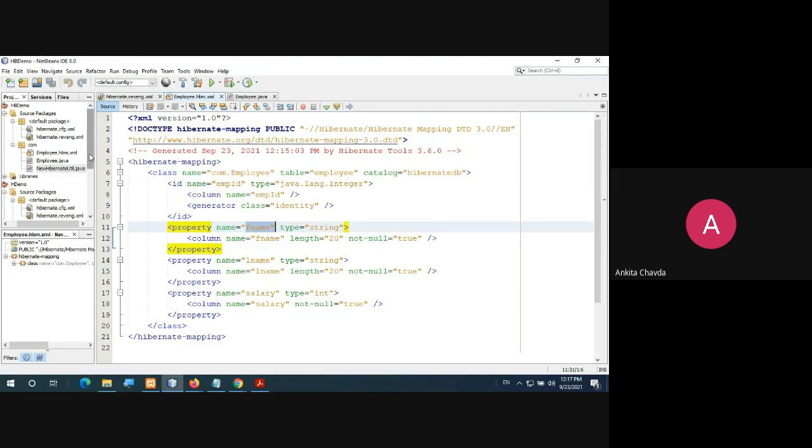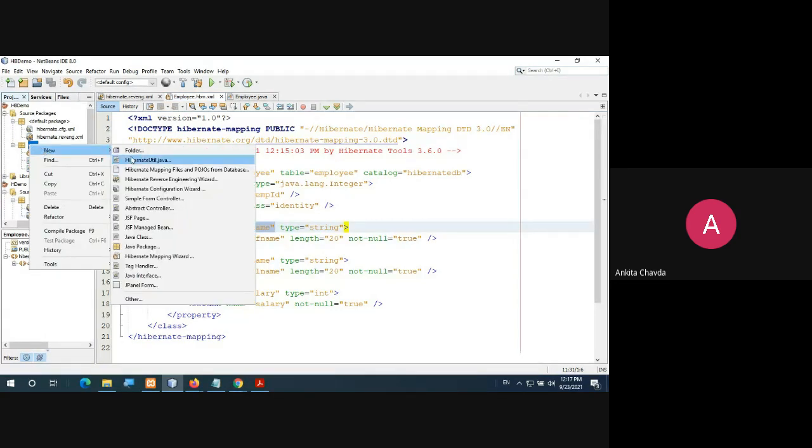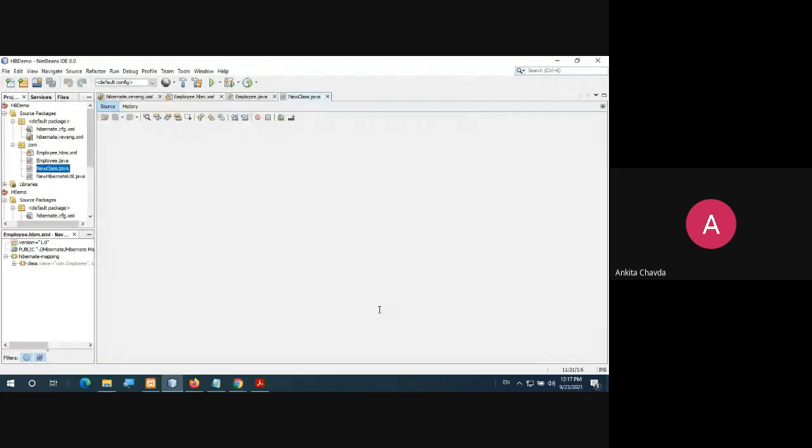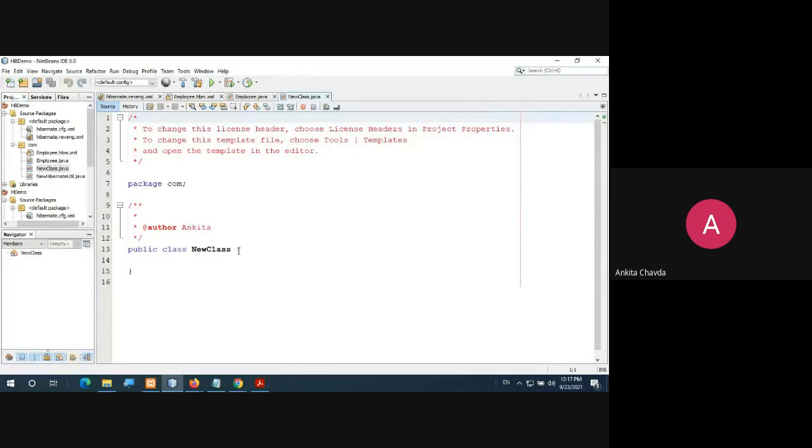You will create the session, you will start that begin transaction, and you will save, you will simply commit it and over, right? So for that kind of file, just go to this COM, new, and a simple Java class you need to select. So that you have selected, and whatever the name you like, that you can give over here and finish this. Now whatever the code I am showing you, that you need to write over here.